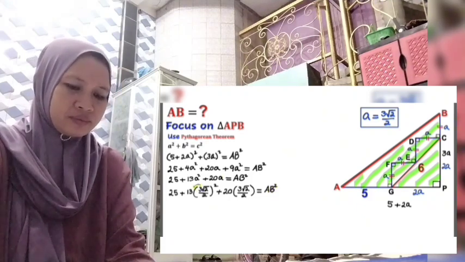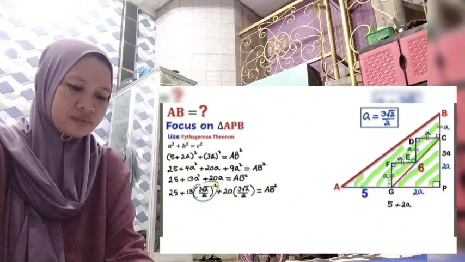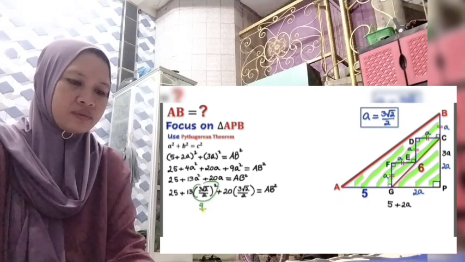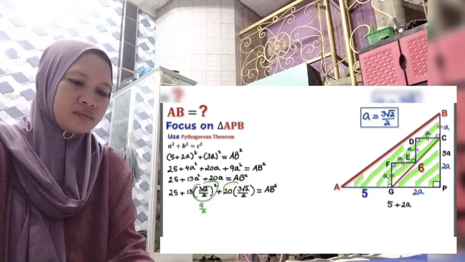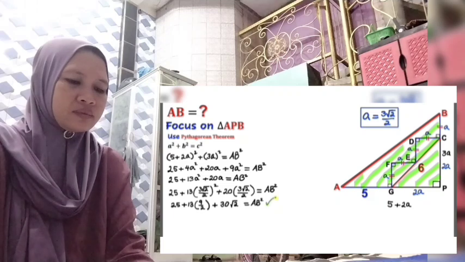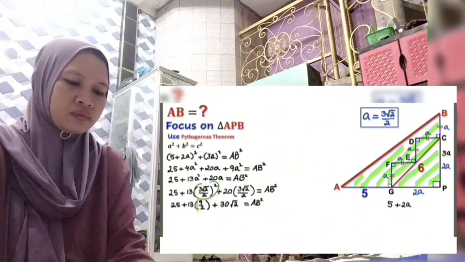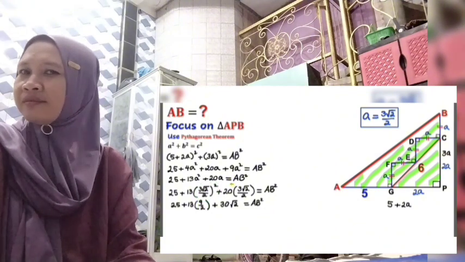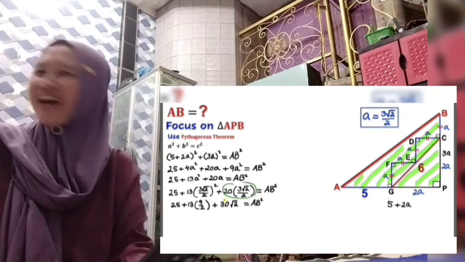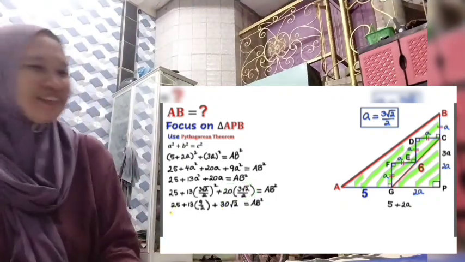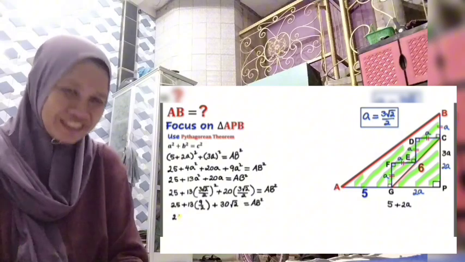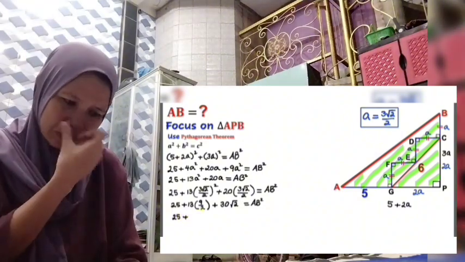And now let's make an observation. We can see that this whole thing, if we take the square of this one, is going to give us 9 divided by 2. And likewise, when we multiply this whole thing, that is going to give us 30 times square root of 2. As you can see in this next step, I have replaced this whole square part with this 9 divided by 2. And likewise, when we multiply everything on this side, that is going to give us 30 times square root of 2.